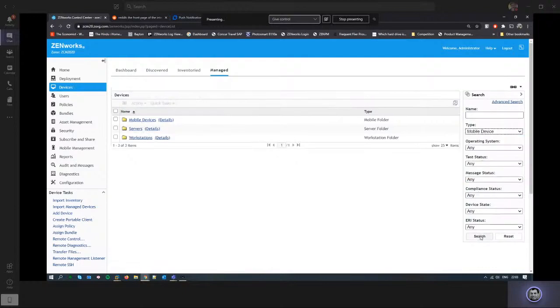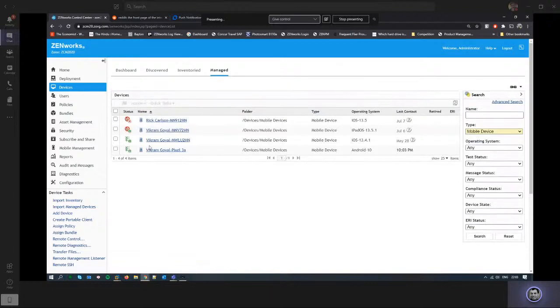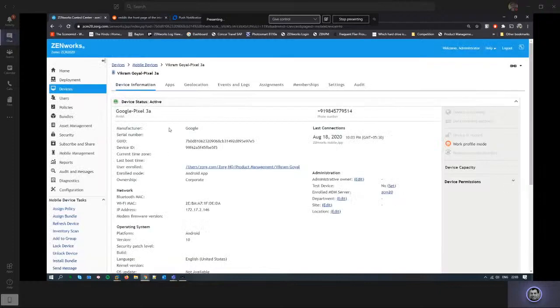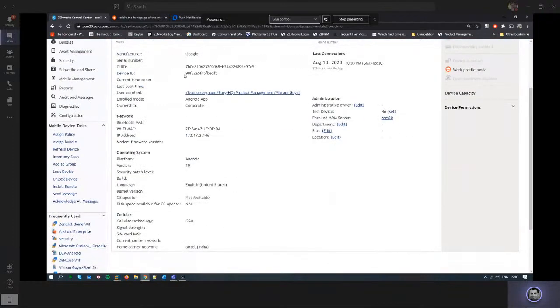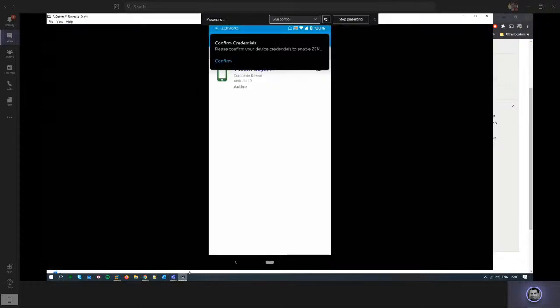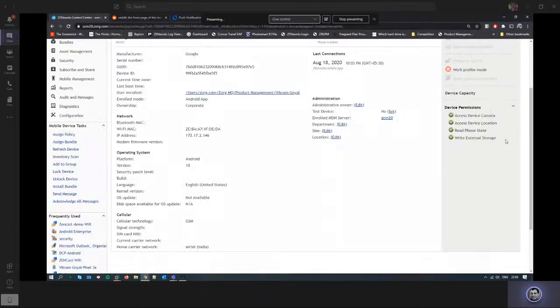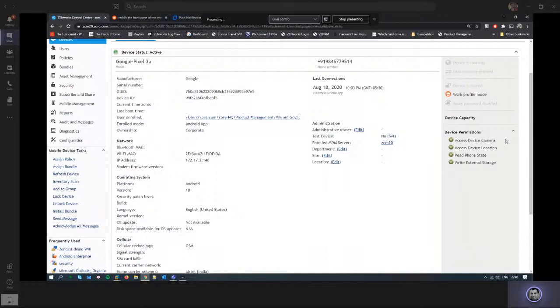So we go ahead, and here's this device which just appeared over here. It's my Pixel, and you see all the relevant details, MAC address, and what all permissions are available. One thing you're going to see over here is it's going to ask me to confirm the credentials. It is possible to reset the password on the device, and for the admin to actually have that access, you need to